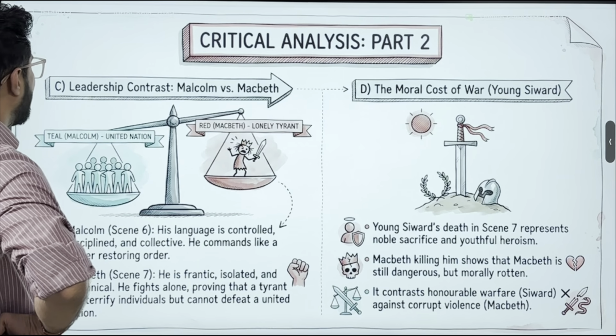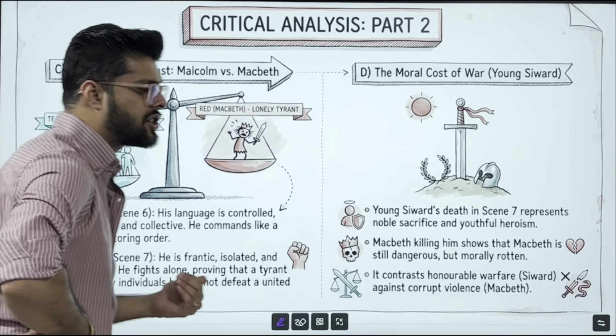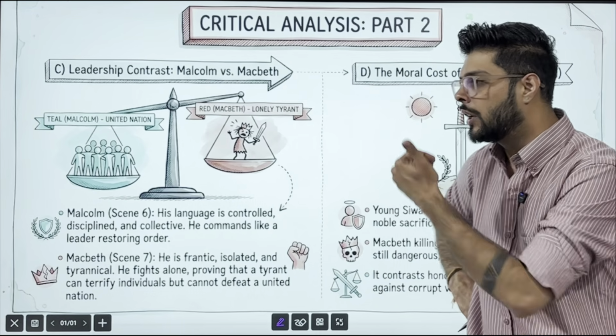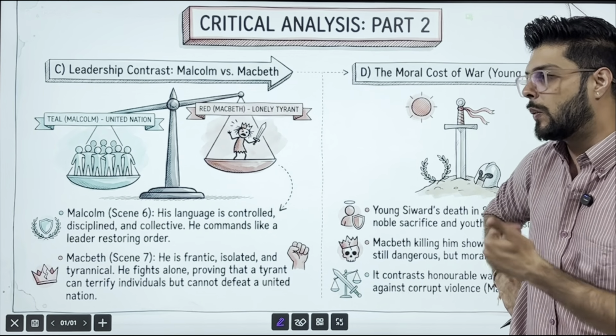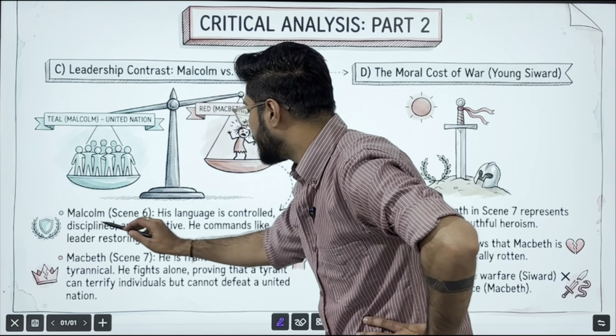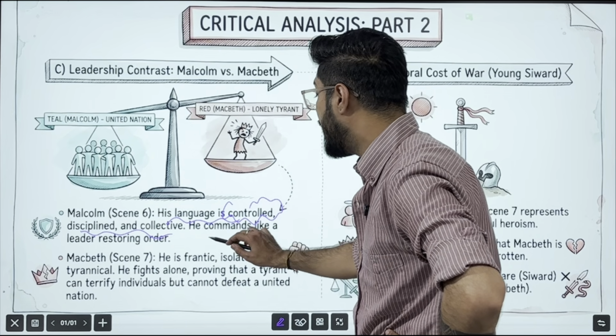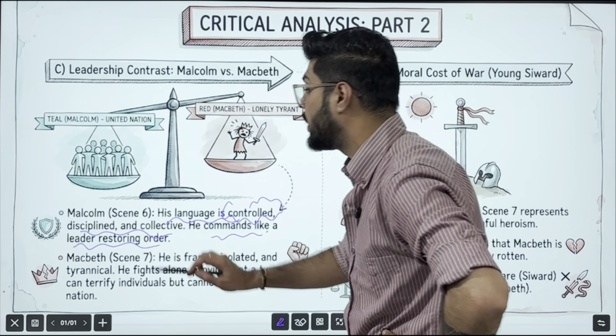Talking about further critical analysis, leadership contrast versus Malcolm and Macbeth, although this has already come last year in the examination, so very less chance of it coming this year. However, you should prepare a give reason part on this portion. Malcolm over here, his language is more controlling, authoritative, disciplined, and collective, and he commands like a leader restoring order,